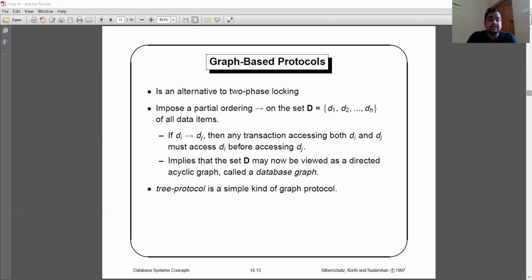In that case, neither T1 nor T2 will be executed. Hence, both will wait for each other indefinitely. That situation is called a deadlock.